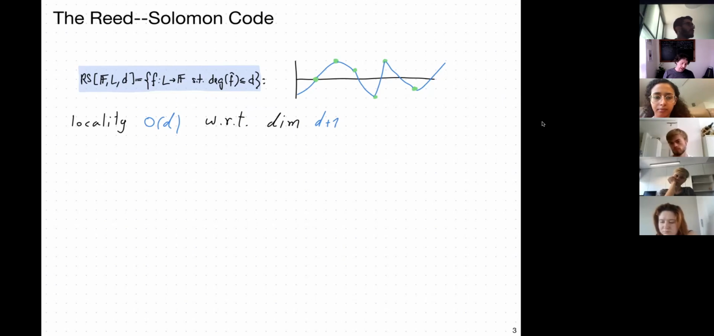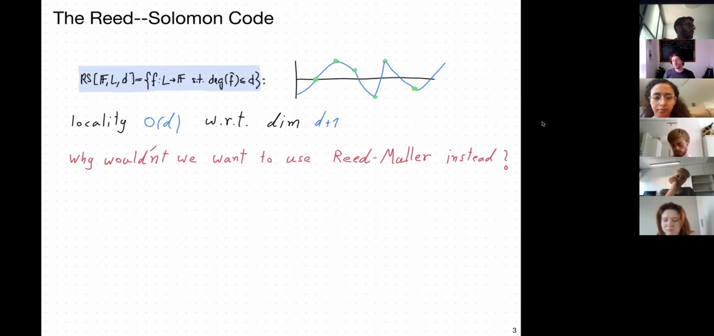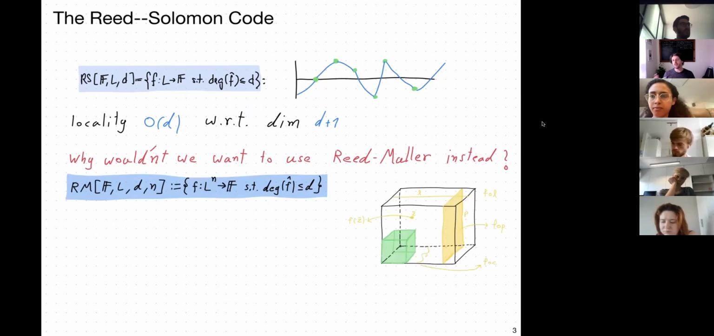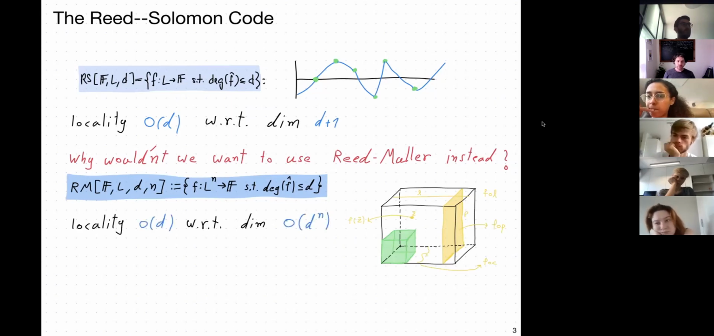So if this is the case, then why should we even look at the Reed-Solomon code? And why not do all the hard work that we did last time and look at the Reed-Muller code? The Reed-Muller code is exactly like Reed-Solomon, but in more variables. So instead of a univariate polynomial, the only thing that changes is that we have n variables. Now this polynomial is over L to the n. And this admitted a rich structure that they went on and on about yesterday, about the lines and the planes and all of that stuff, with the nice property that